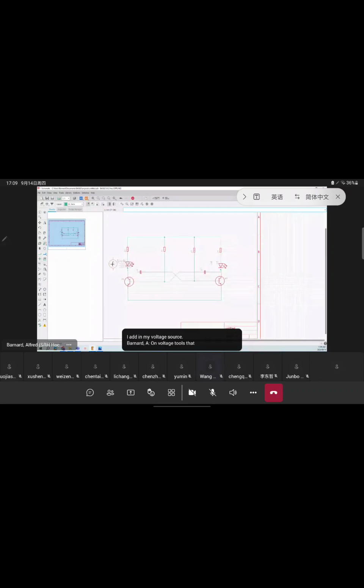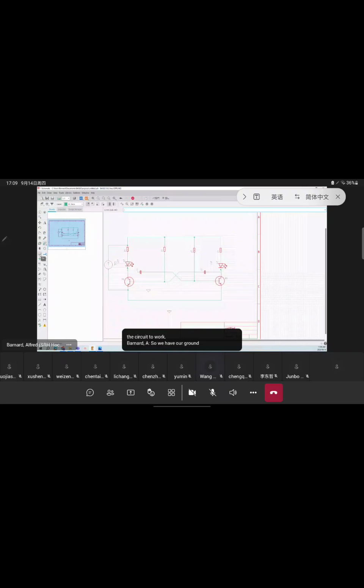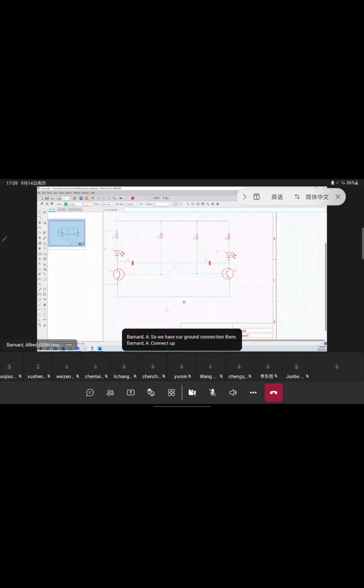My voltage source I can add in on this side. And then we need a ground as well for the circuit to work. So we have our ground connection there. Connect up our ground to our net supply. And now what is left, we need to create our